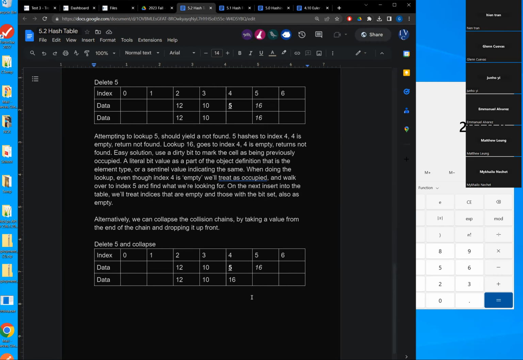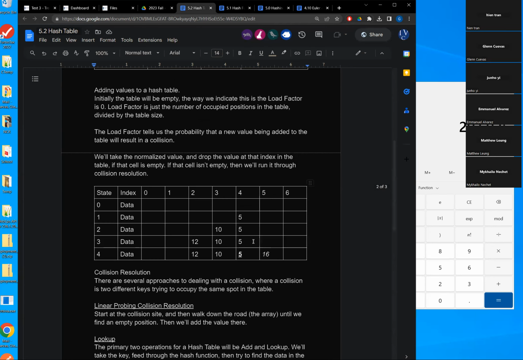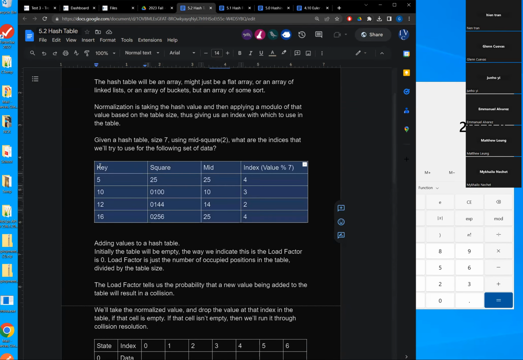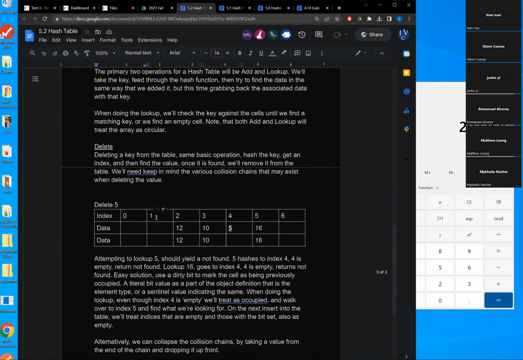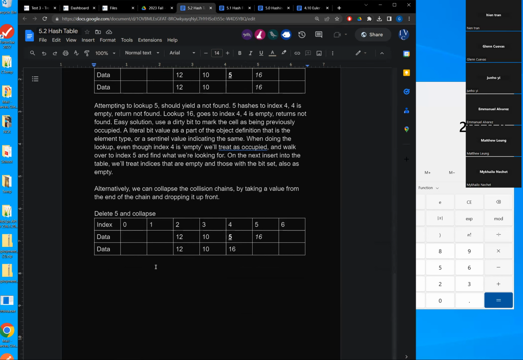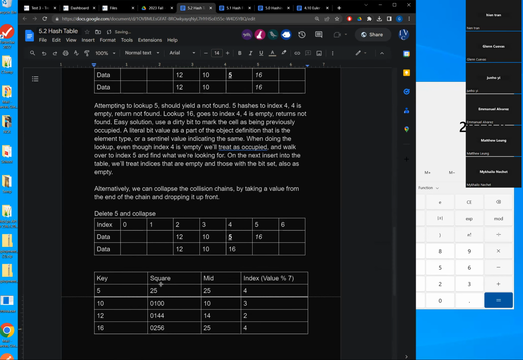So let's do this again. There's my table of data. And we're going to go with a simpler